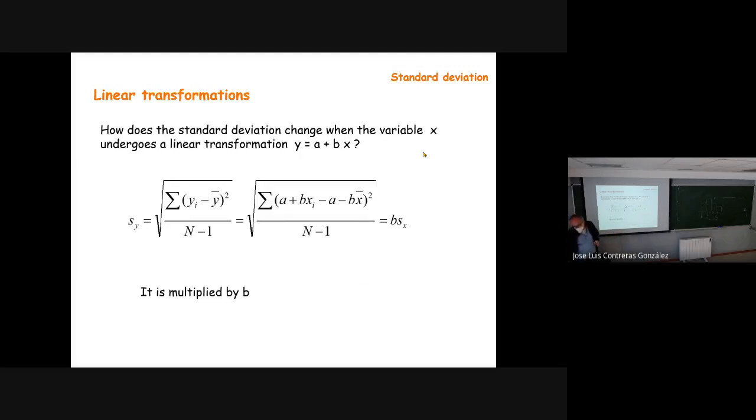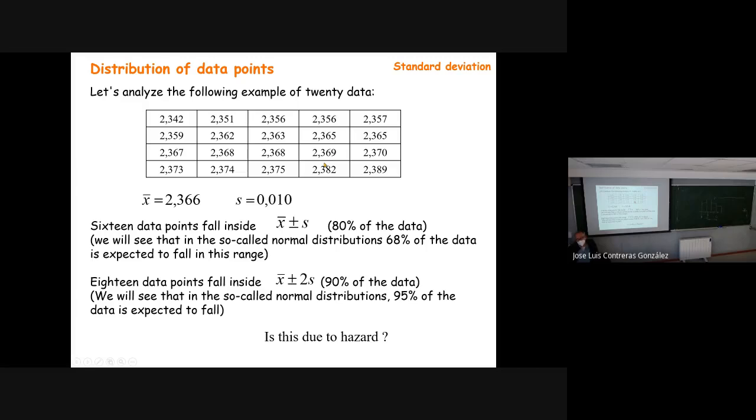Okay, just 5 minutes. What happens with the standard deviation when we do a linear transformation? Well, it just multiplies by the factor you multiply the data, and it is not sensitive to displacement. Okay, and then